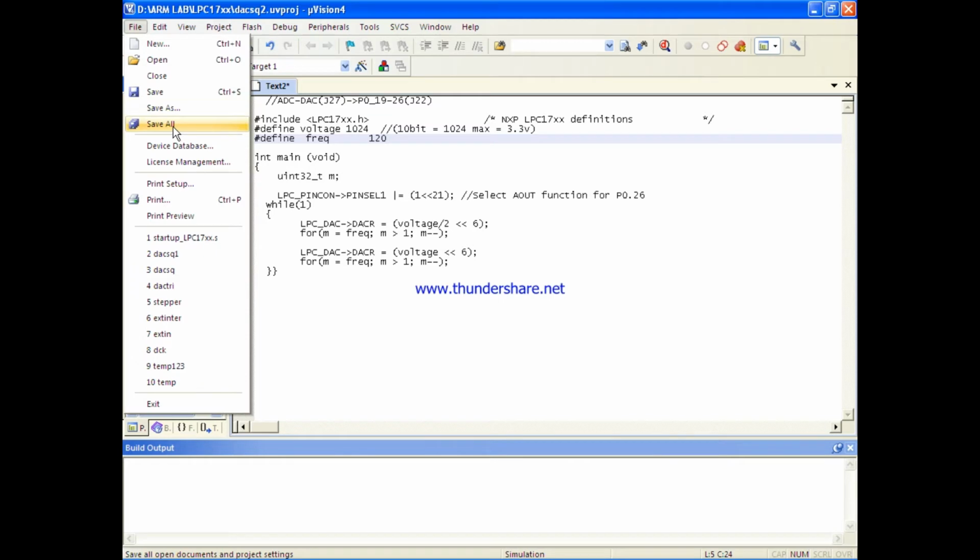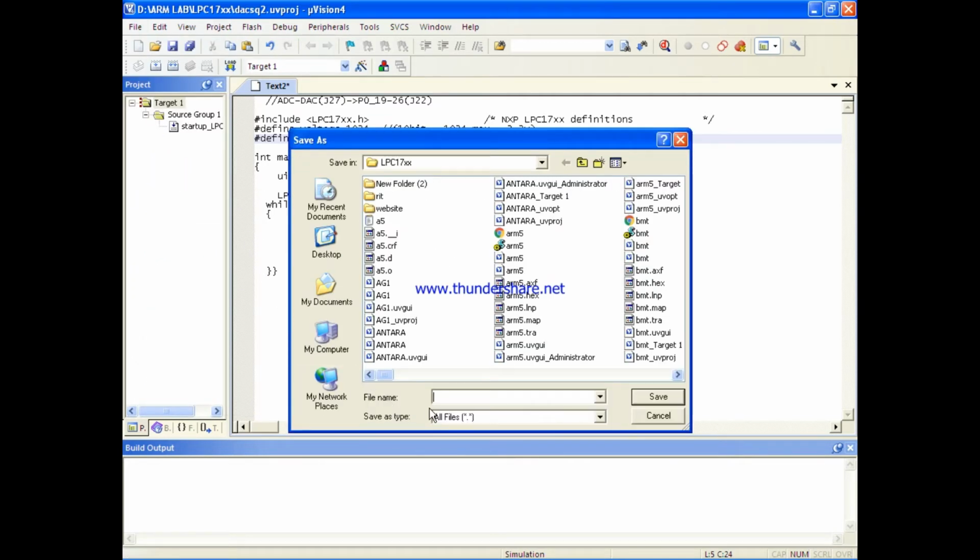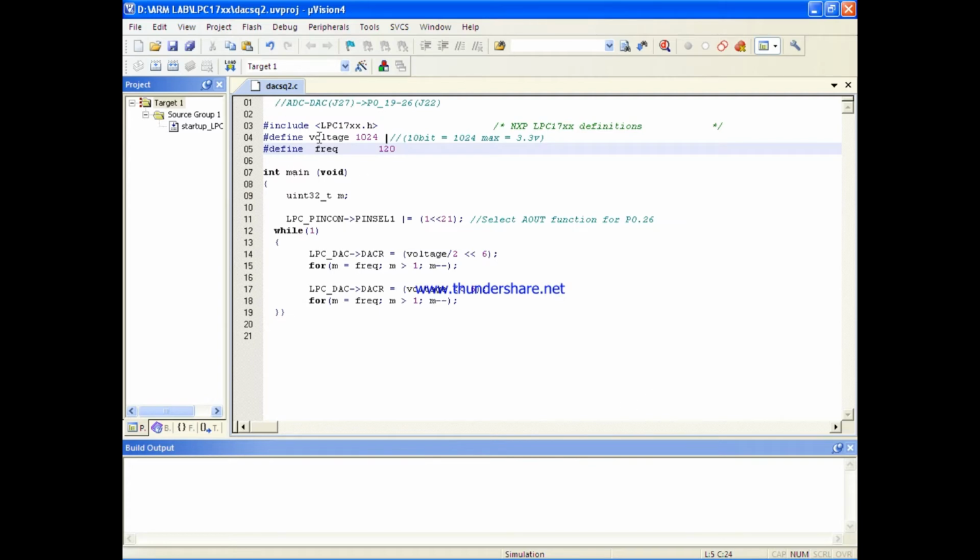Now save this as .c extension file. Now this is the program for square wave generation. Now you add this file to the source group.